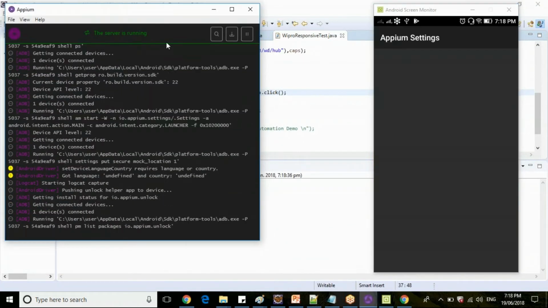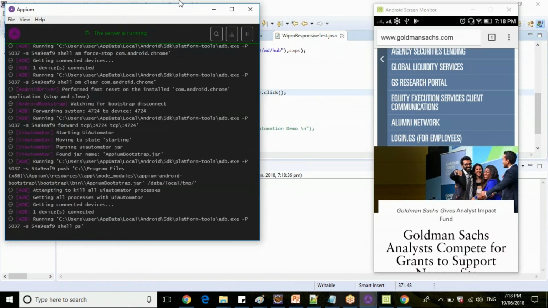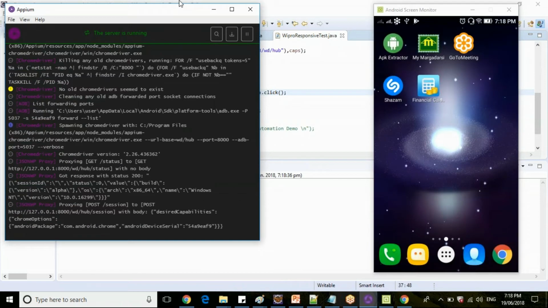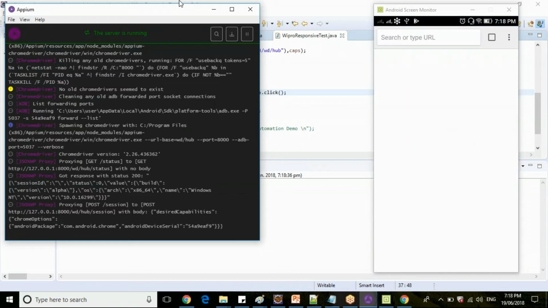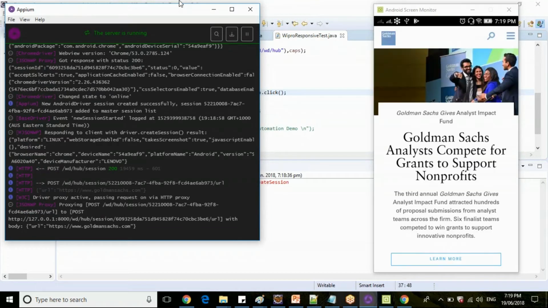So I have executed APM again. It will close the existing Chrome browser sessions and relaunch goldmansachs.com. Click on the menu button, then click on login, then click on one more submenu button.